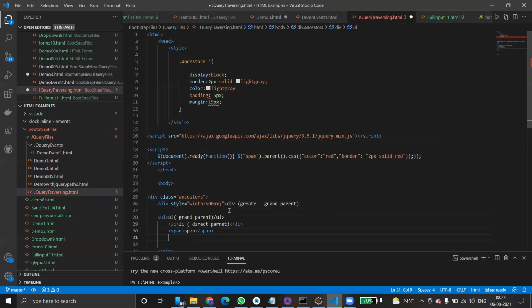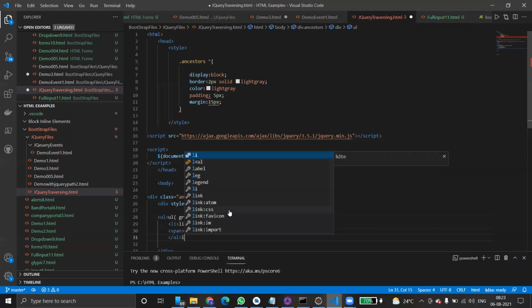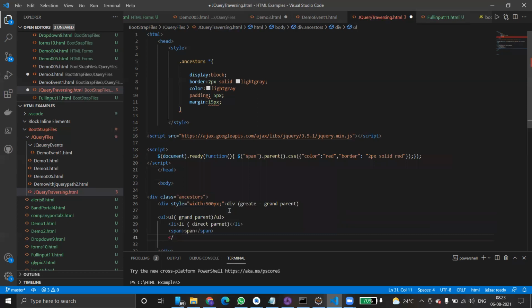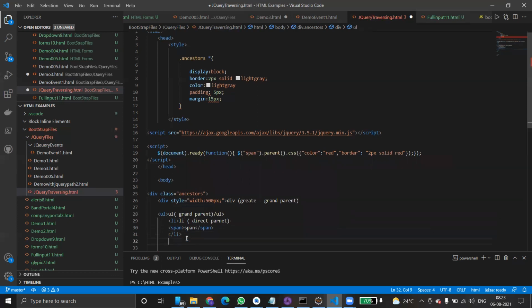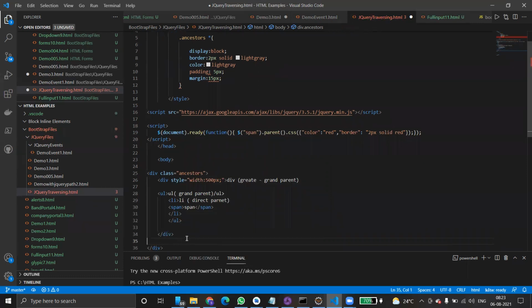So this span is inside a list item, li. Division is not coming. Why?